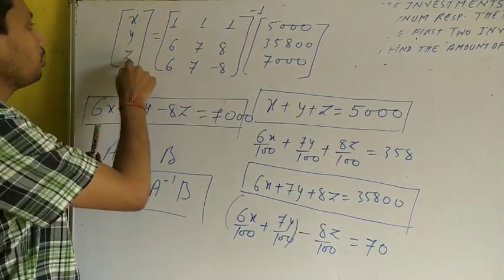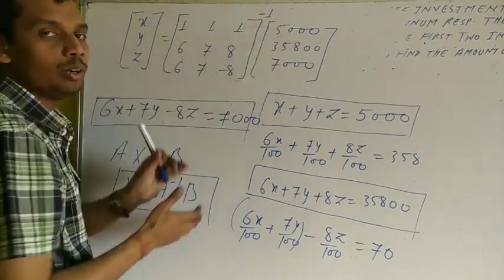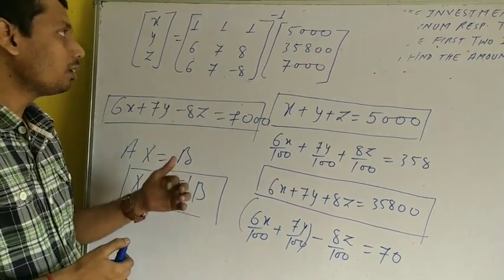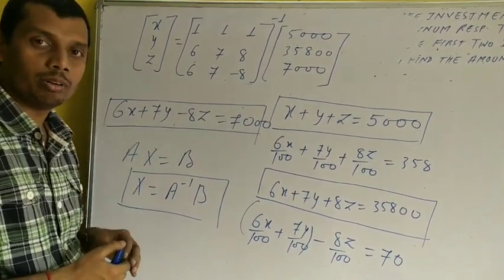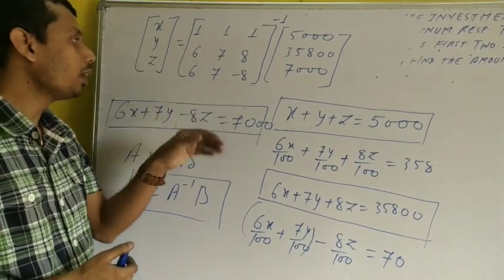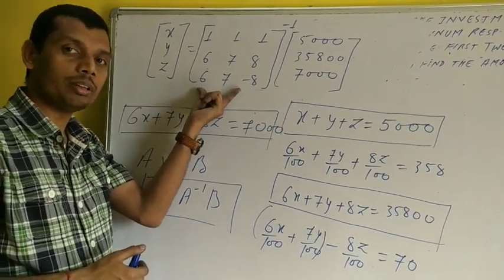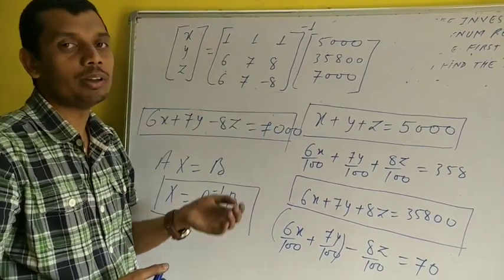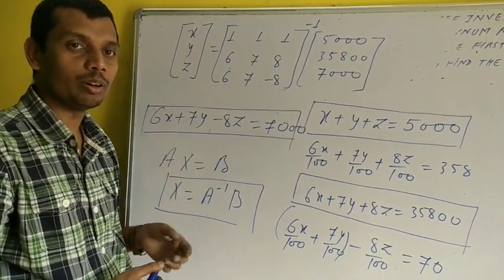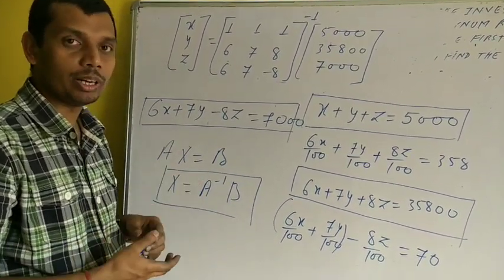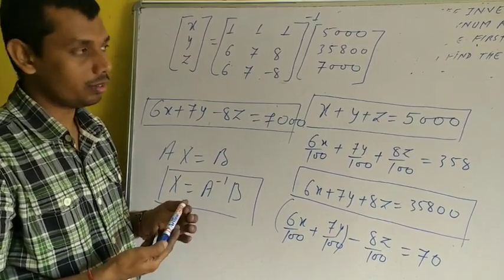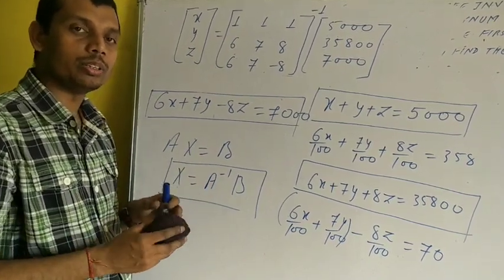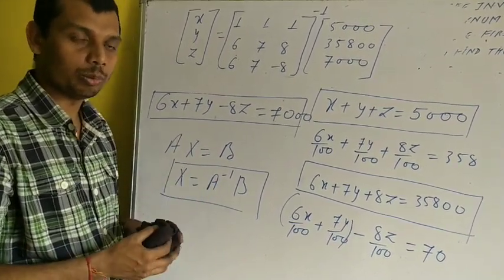So x, y, z equals the inverse of this matrix into B. Now we are familiar with the method to determine the inverse of a given matrix. Applying that method, we will determine the inverse of this matrix. Whatever inverse is coming, you multiply it, equate the values of x, y and z, just compare the corresponding elements. By comparing, we will determine the values of x, y and z. So these are some numericals related to this topic, which is important as per your CBSE paper.